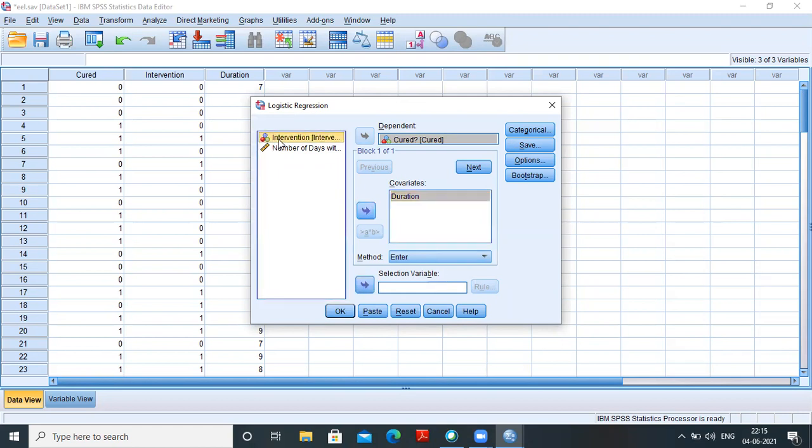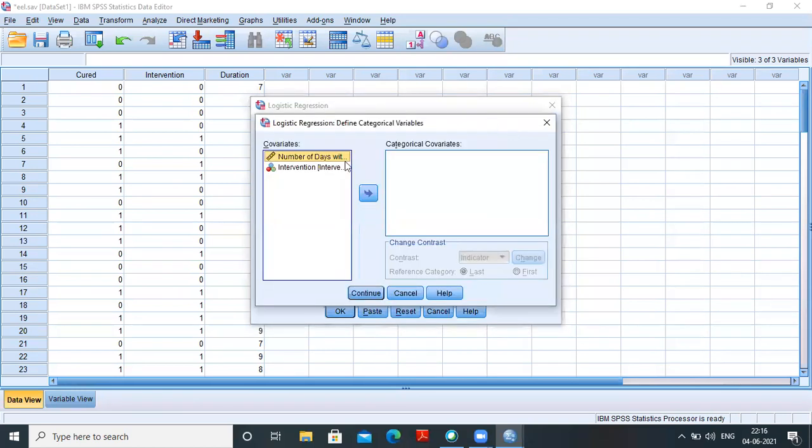Intervention is your categorical covariate. And for contrast, you can take the value last for the reference category, like here 0 and 1. I'm taking last for the reference category, right? Then continue.